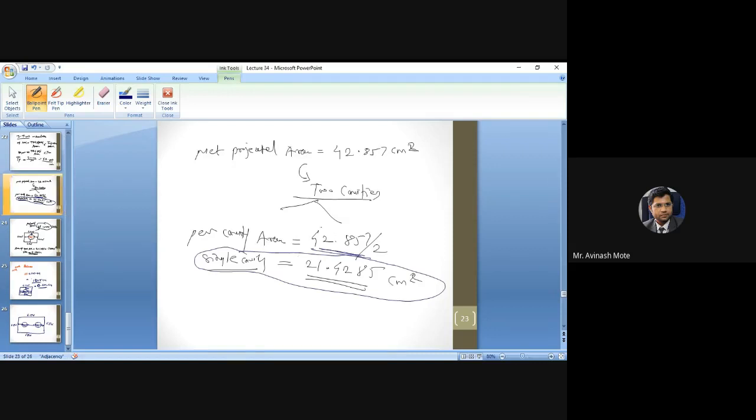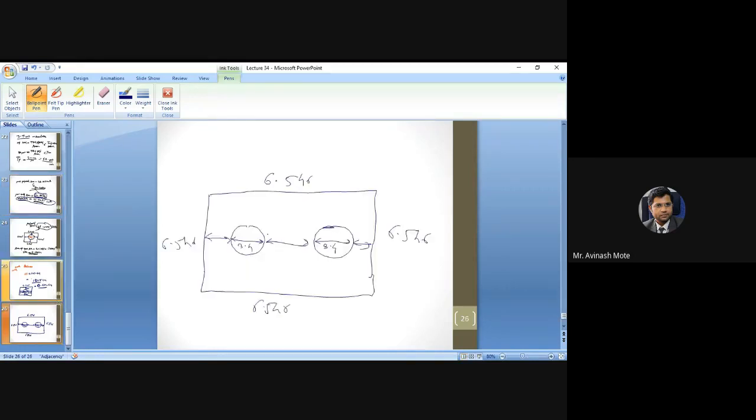while calculating these projected areas in the design procedure, you might have studied in your machine design that whenever you want to make it as per the factor of safety, you will have to adjust the values, maybe at the lower scale or the upper scale. So what is happening here: when you are considering two cavities, you are getting them very close to each other. You can check it here.